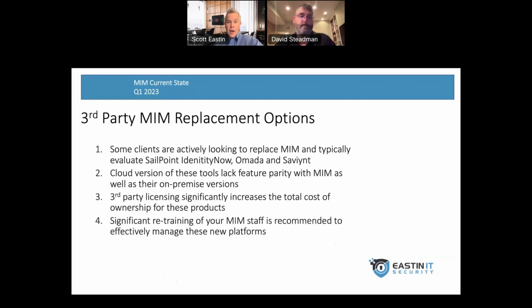And we'll get more into this in some of our future videos, but just a little bit of a taste here for those of you that are considering third-party tool options. Some things that we found when looking at these cloud-based, SaaS-based identity management tools is that these cloud versions often lack feature parity with MIM. I won't go down the rabbit hole on this, but there are some key limitations with these SaaS products compared to what you're able to do with MIM